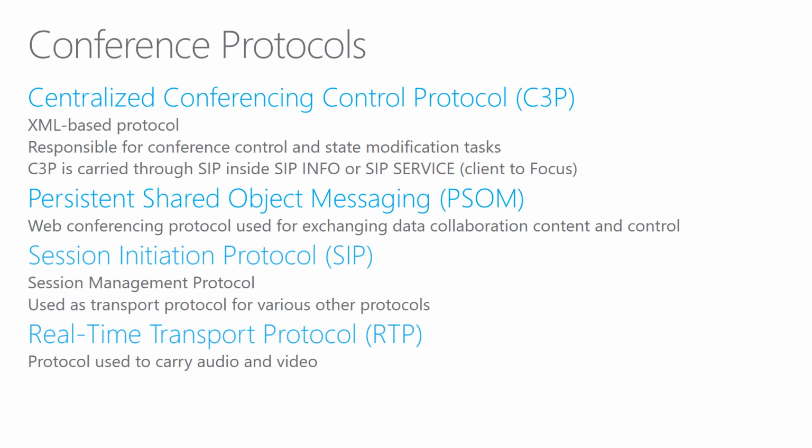For example, since we know C3P is carried through SIP, if you were to look at the SIP client-side logs, you would actually see C3P commands. So for example, if we're troubleshooting a conference join issue, we would be looking for the addUser C3P command in the SIP trace. The Persistent Shared Object Model protocol is a web conferencing protocol used for exchanging data collaboration content and control,